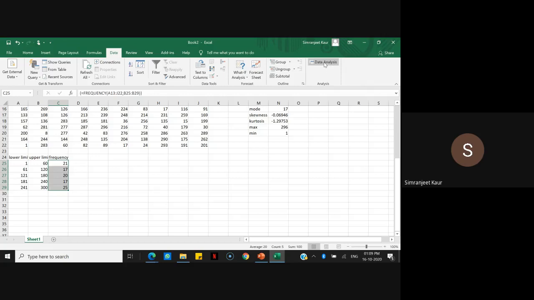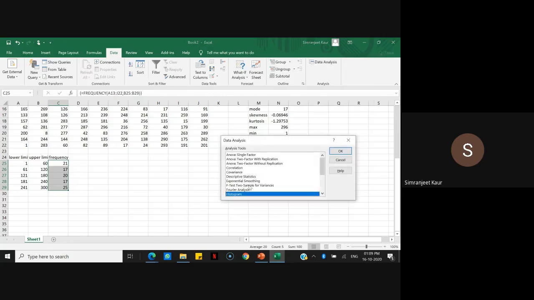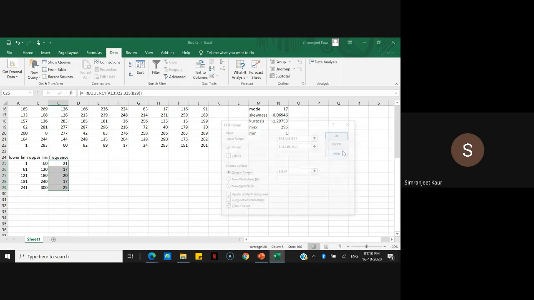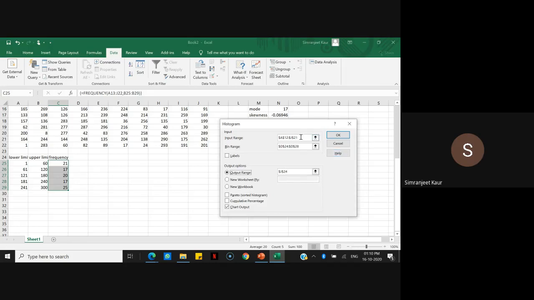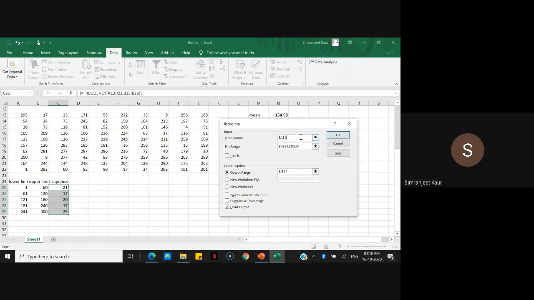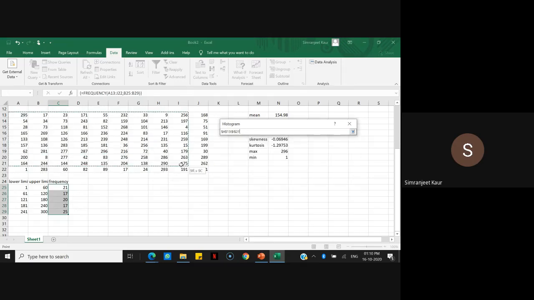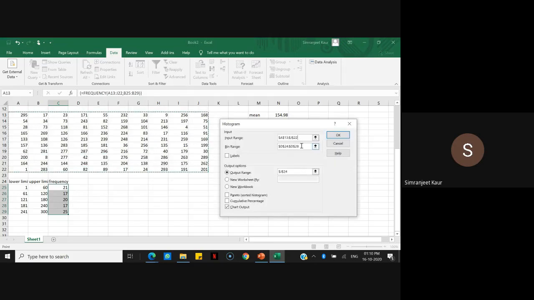Once you have this data analysis here, you will click on this, right? So you have ANOVA, covariance, F testing, many kind of options here, right? You will click on histogram because we need histogram also here, right? Now I'll select the input range. So from here to here, right?